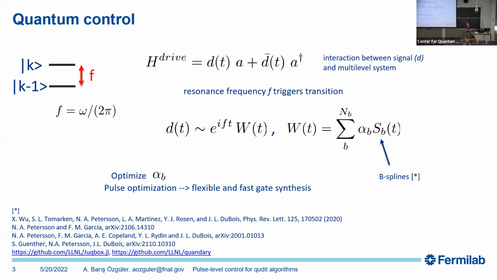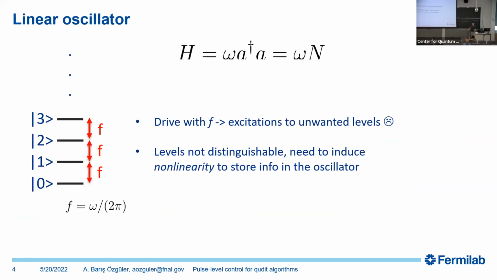So for our Qudit gate synthesis, we use the B-spline basis approach. The details are in the references. To start with, a linear oscillator is not useful, because the frequencies are all the same. So there will be unwanted transitions to excited levels. The goal is to be able to have distinguishable levels, and we do this by creating some non-linearity. So we have the basic Hamiltonian here, where omega shows the transition between 0 and 1, and the other transitions are also the same,